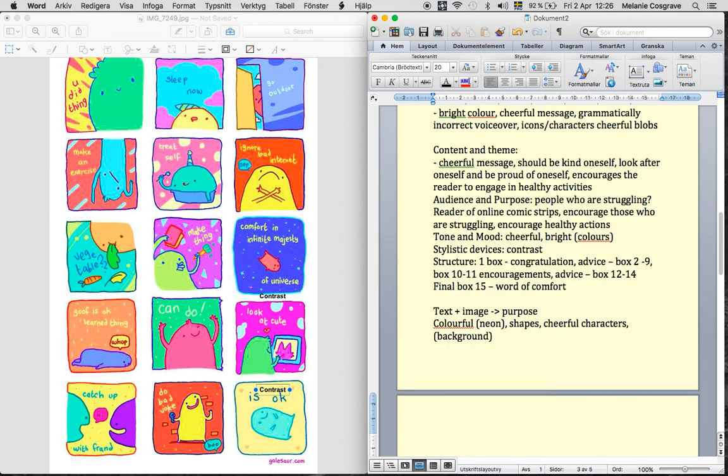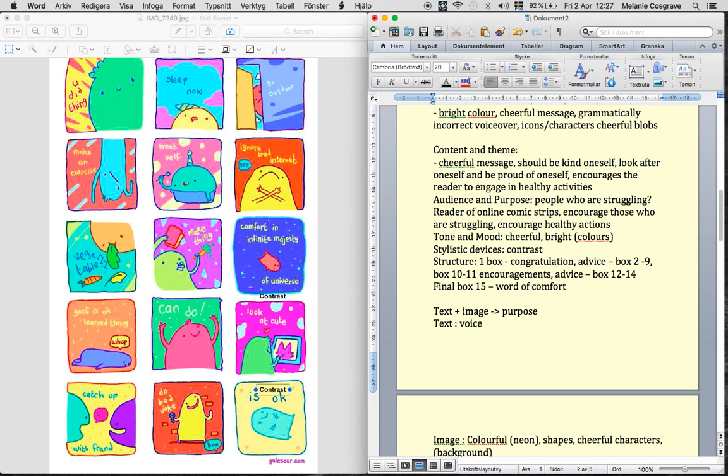So that was text. Then we have image. No, I'm sorry, I mixed up text and image. So that was image, not text, that we talked about first. Apologies. Text, we have voiceover,